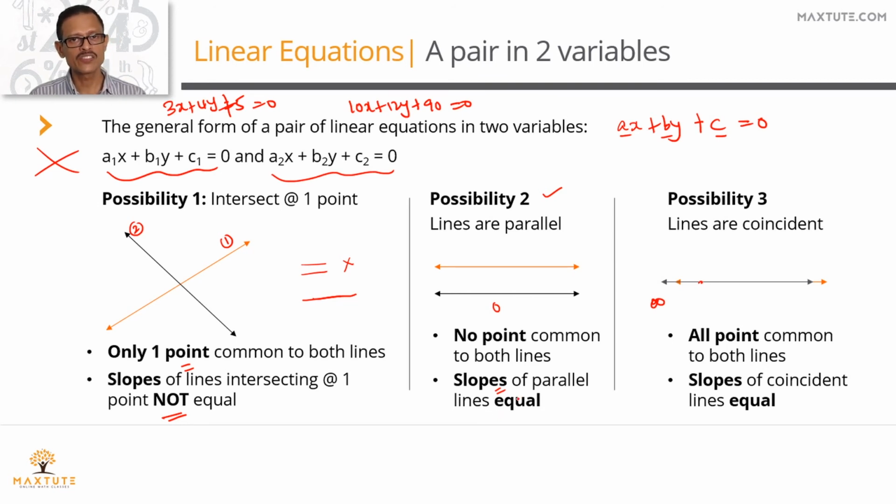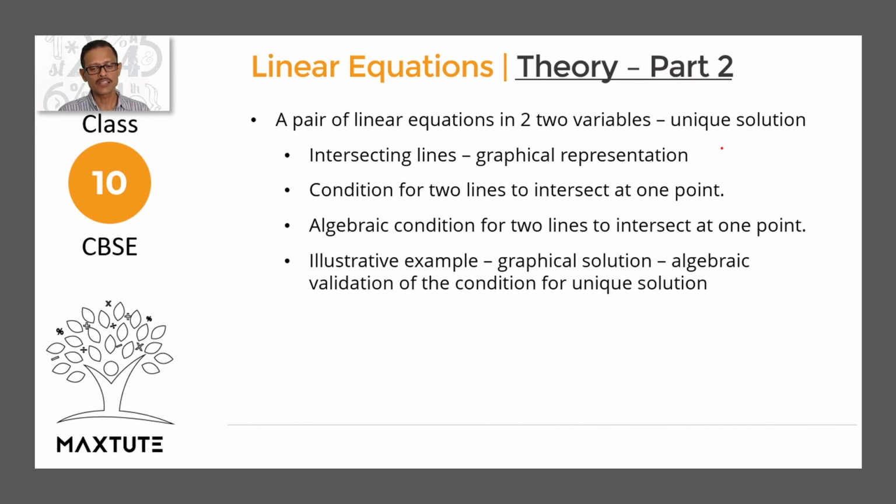Let me quickly summarize it. There are three possibilities when we have equations of two straight lines. They could intersect at one point, in which case they'll have different slopes. They could intersect at no point, which is the case when they are parallel lines. In that case, their slopes will be equal. They could be coincident lines, which means they'll be intersecting at infinite points. In that case also, their slopes are going to be equal. So there are two possibilities where the slopes are equal. In this case, the slope is not equal. We're going to take possibility 1 to the next video in part 2. In part 2, we're going to be looking at the possibility where they intersect at one point, or the condition for a unique solution. And we'll run through all of these parts in the next video.